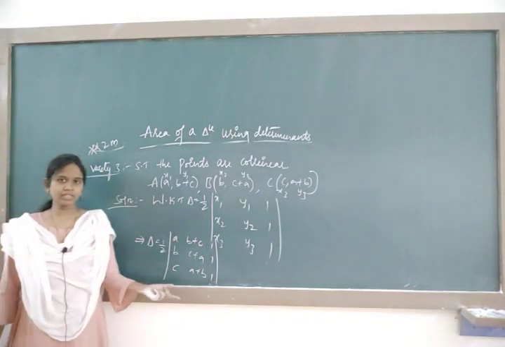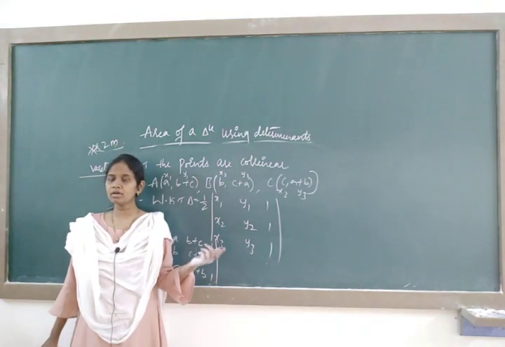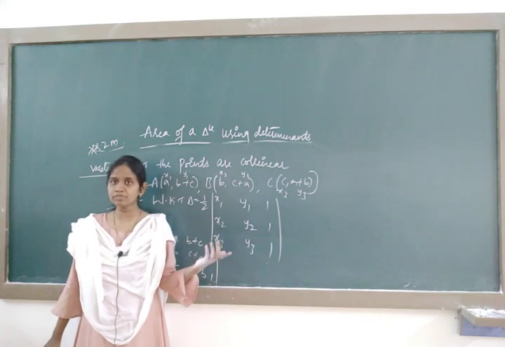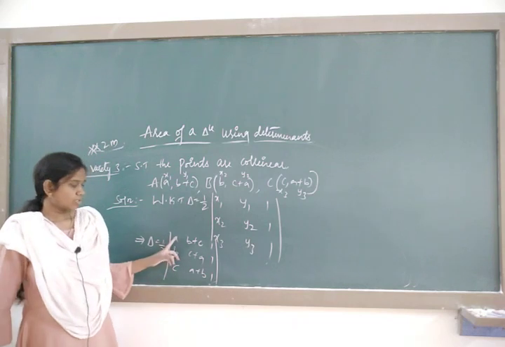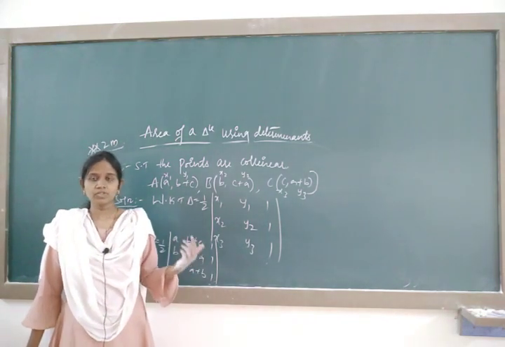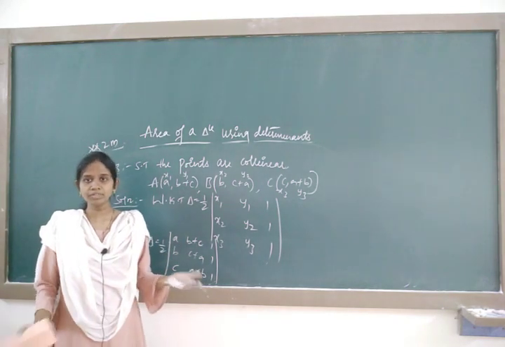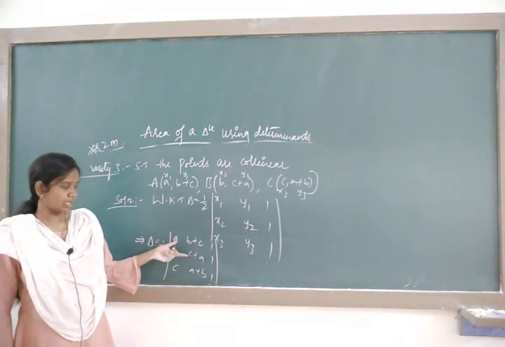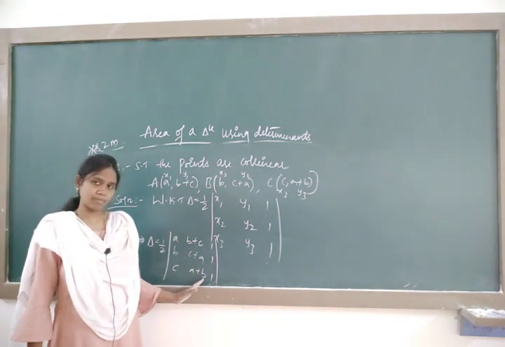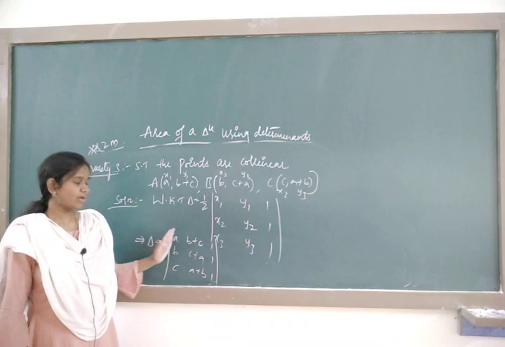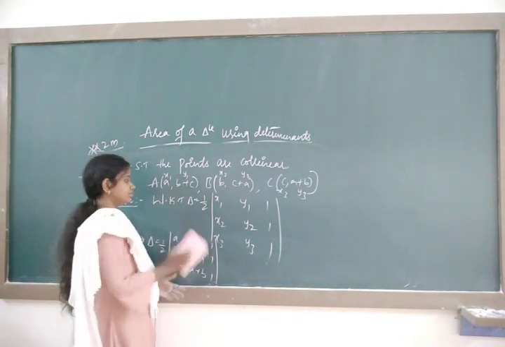I have substituted in the formula. Now you can expand this determinant along R1, or else, using the operations or transformations we have studied in the last sessions and the properties of determinants, we can show that the determinant value is 0. How? See here, C1 is a, b, c and the second column is b plus c, c plus a and a plus b. If I add these two, C1 plus C2, then what will we get?